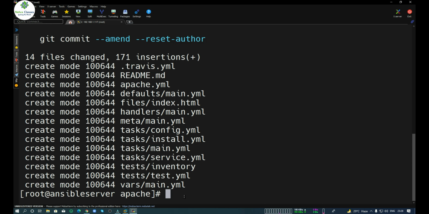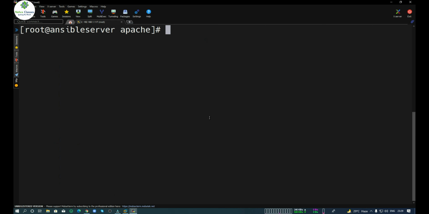After that, since we have not mentioned the details of the username and password, we have to do it from the command line interface only. So for that we will execute git config user.name, and after that we will mention our username which is there on GitHub.